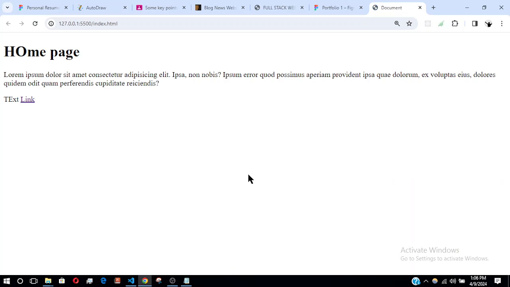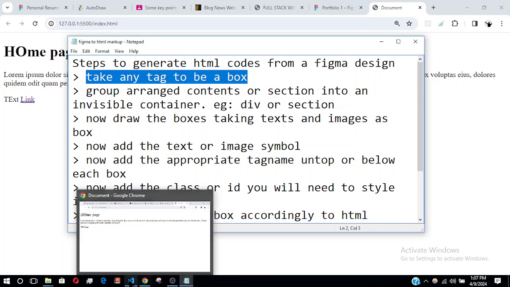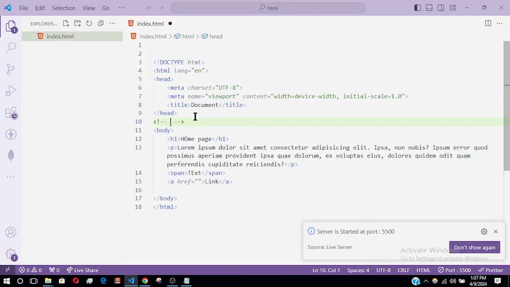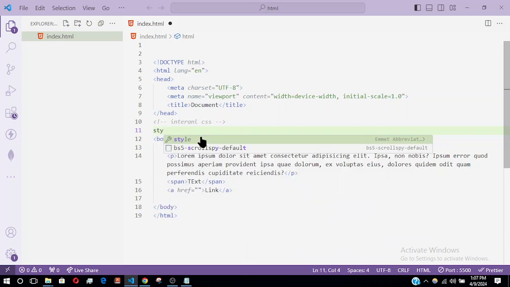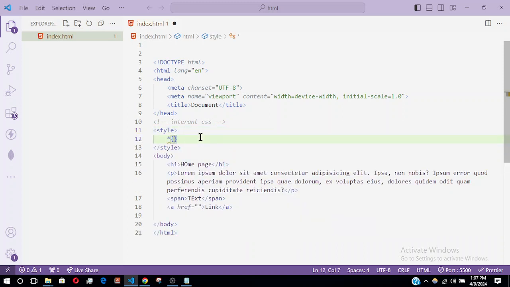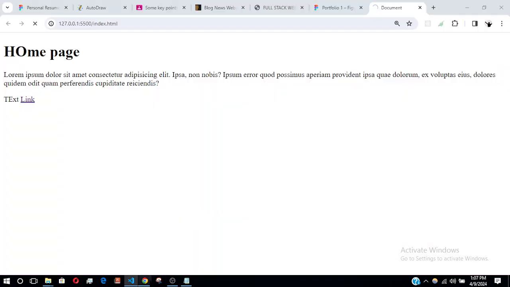Next, let me now explain this. So take any tag to be a box. To demonstrate that, I have to use some internal CSS. So to do that, I will need to use my style tag. Then I'll use the universal selector. Just a border, 1 pixel solid, any color. So if I save this,